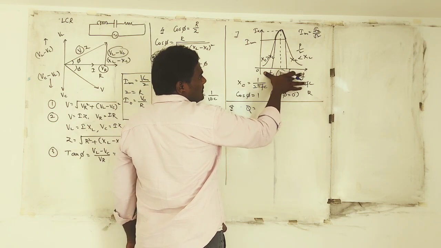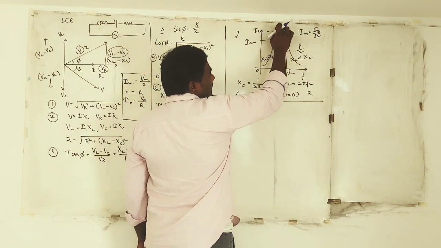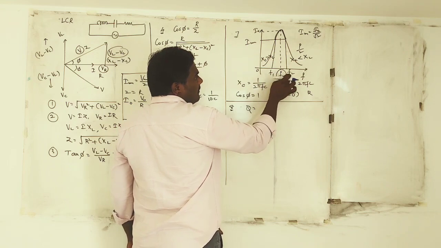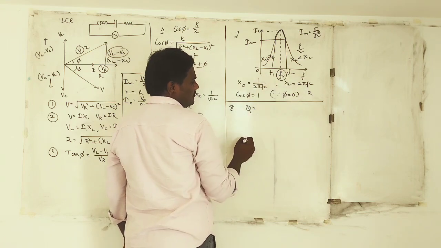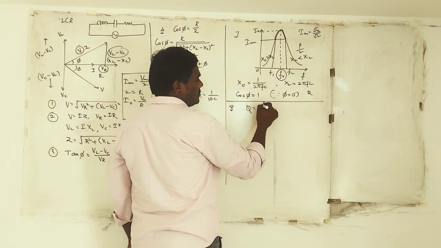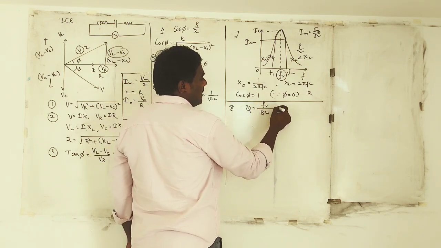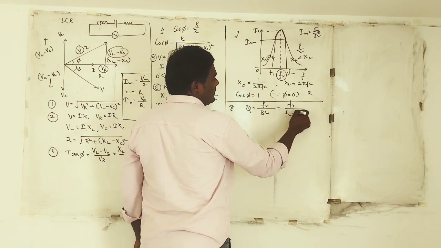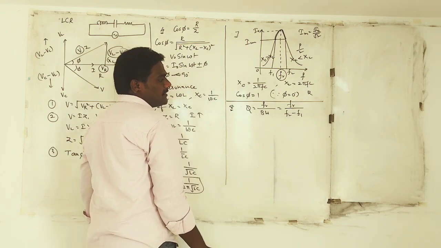If the frequency difference is more, the current takes the path with slow mode. Hence, this range of frequencies itself is called bandwidth. So I will write a formula. Quality factor is the ratio between resonant frequency and the bandwidth. Then the resonant frequency will be FR. Bandwidth I will write as F2 minus F1.